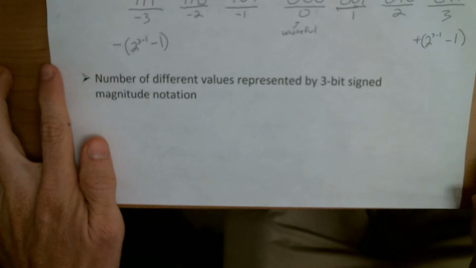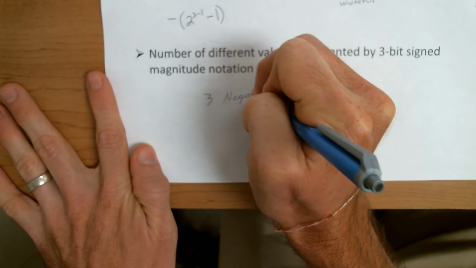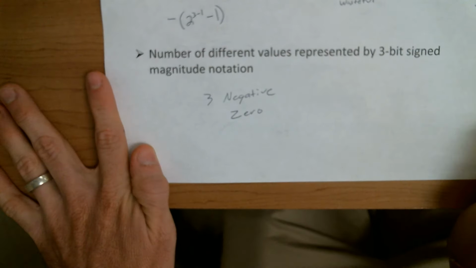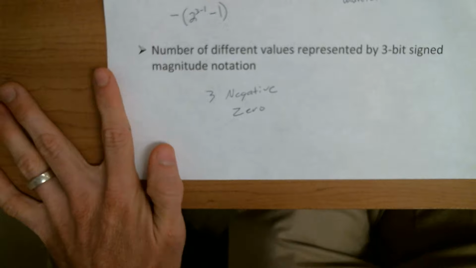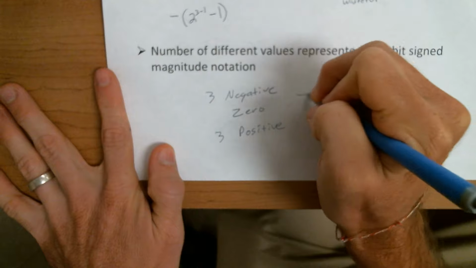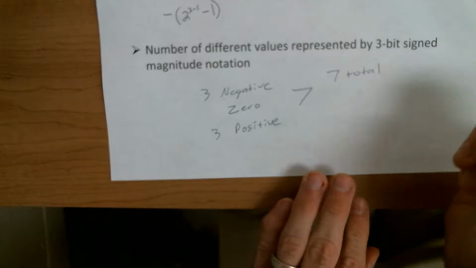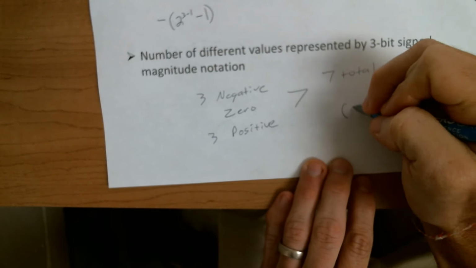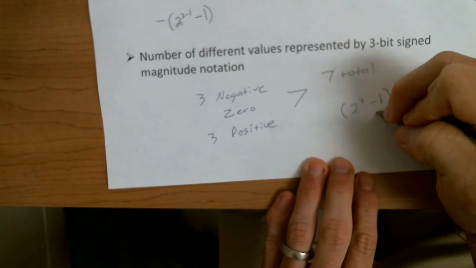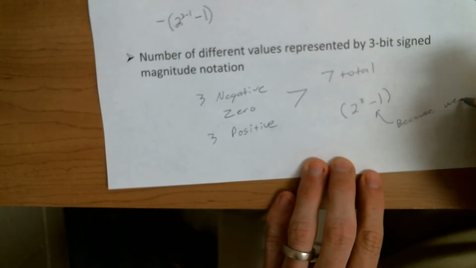And then the number of different values, well, we have 3 negative. We have 0. We're not going to count it as 2 different values because, again, they're both 0. And we have 3 positive, which means we have 7 total. Or another way of saying that is we have 2 to the third minus 1 total values. And the minus 1 is because we have